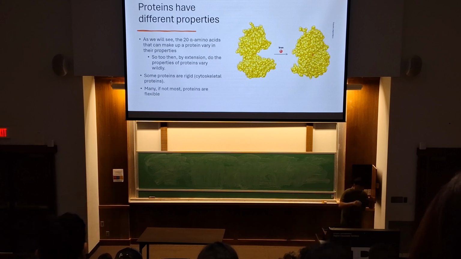Okay? Some proteins can also be rigid, right? So they have very little flexibility. Some proteins are more flexible. This is important. So a cytoskeletal protein you would expect to be more rigid. It's giving the cell shape. You wouldn't want that to be flopping all around. Other proteins, like we have here, ferredoxin, which binds iron